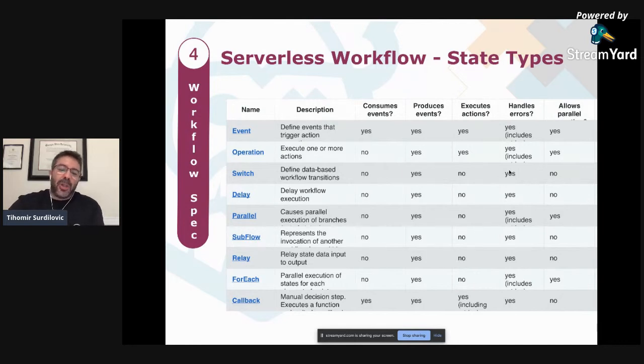One of the important things that, for example, our business automation brings is not just domain specific, but we also have things like human interaction. Human interaction or human decisions are very important, not only in business processes, but also orchestrations. And to support that, the specification also defines a callback state, which says, okay, I have a manual decision step during my workload orchestration. I have to wait for a result of that in order to continue. So that is also supported on the model side, and also, as you will see in the demo as well, that's also a big part of Kogito as well.